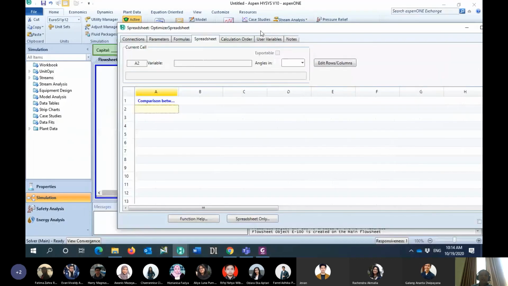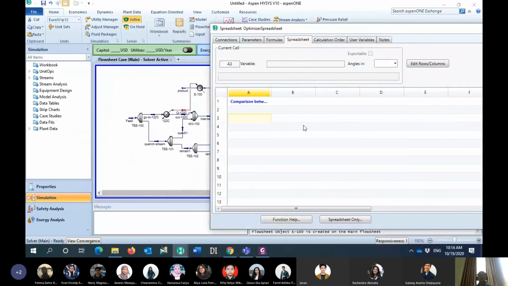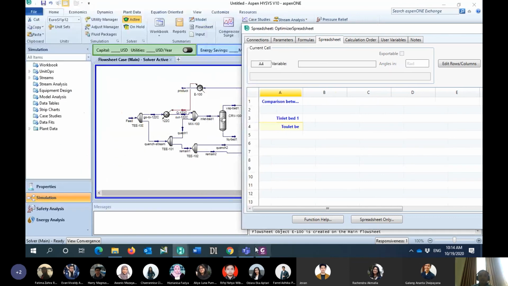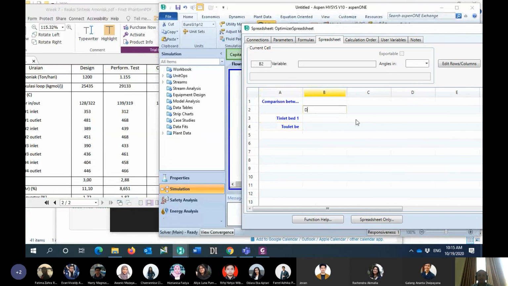I will check again. The first one that I would like to define is T inlet to bed 1, and then T outlet. I will open the HYSYS again, this one is for the design data.